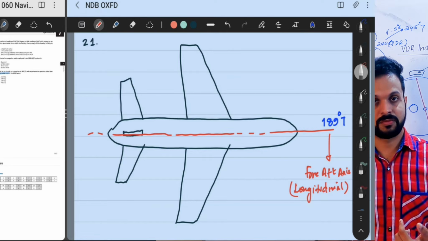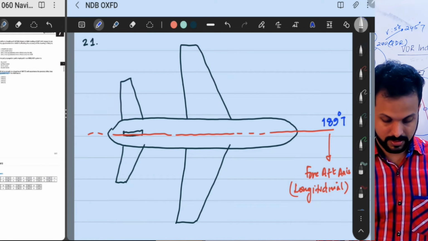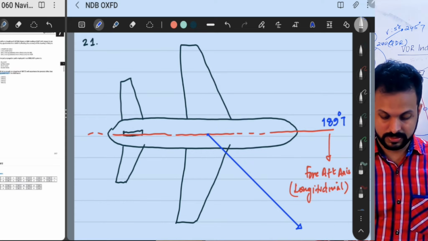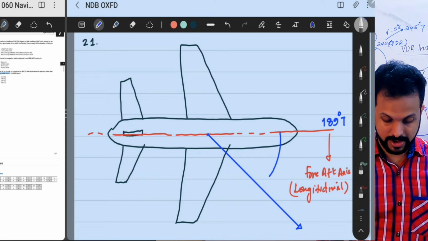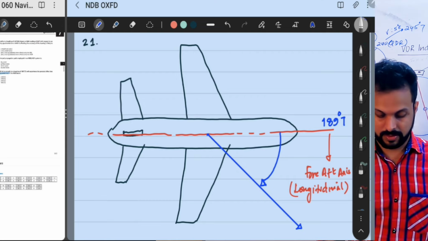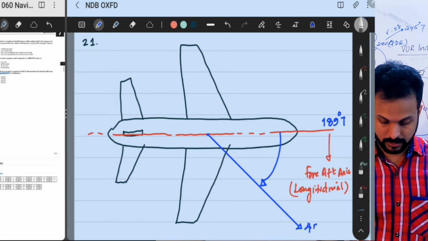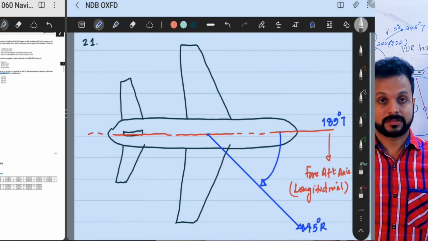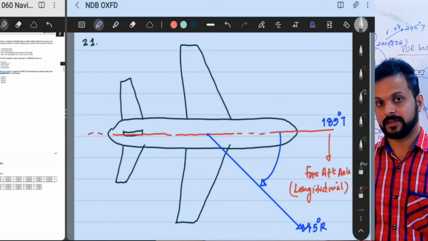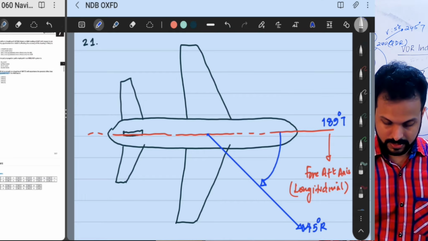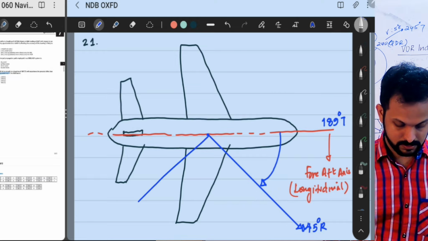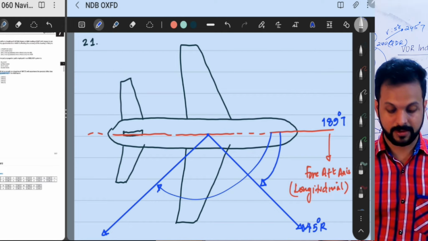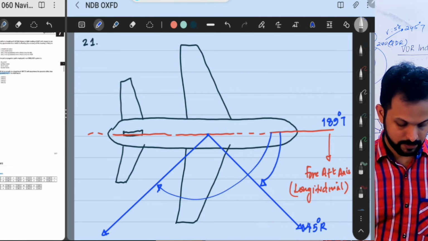So the first one is a relative bearing of 45 degrees. Let's depict that here. This is an angle that is measured clockwise from the heading of the aircraft, 45 degrees, and hence called 45 degrees relative. The next relative bearing would be 90 degrees from this 45 degree relative, and that's going to be 135 degrees. So let's draw that. This is 135 degrees from the heading to the right, meaning clockwise. This is a relative bearing of